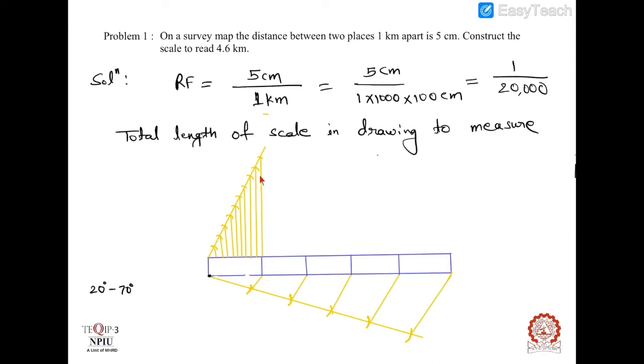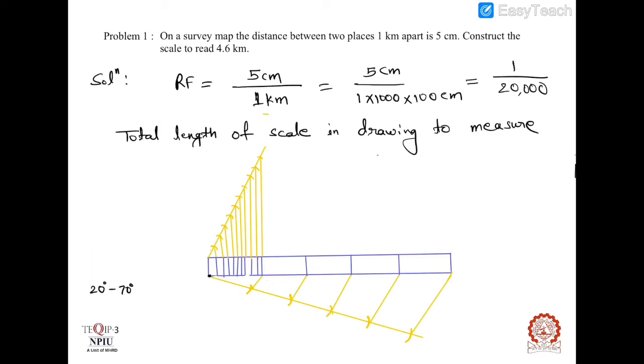Parallel to this line we have to draw another line from this point. Okay, this line and this line is parallel. Again parallel to this line you have to draw another line. In similar way you have to join all the arcs by this line. Now draw these perpendicular lines from this point. Now you have divided this first division into 10 number of equal divisions.